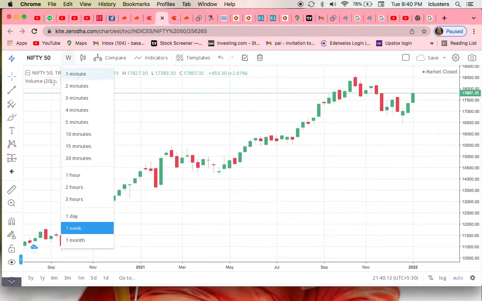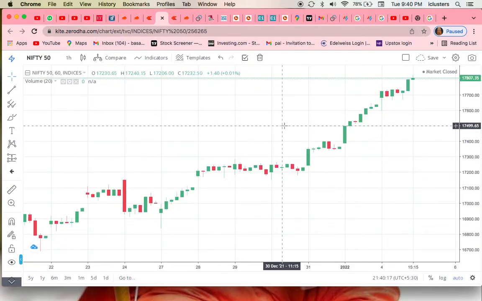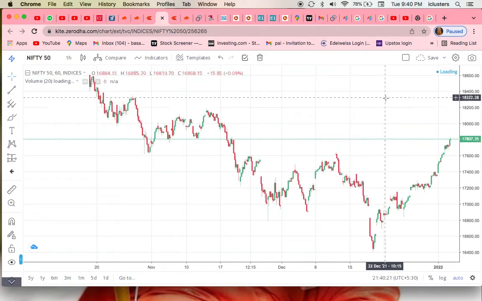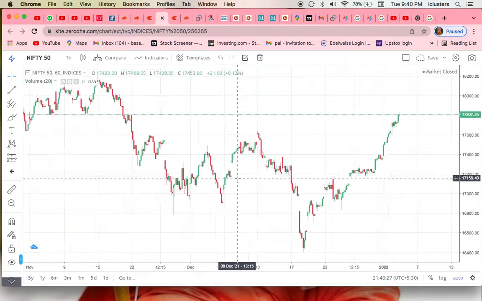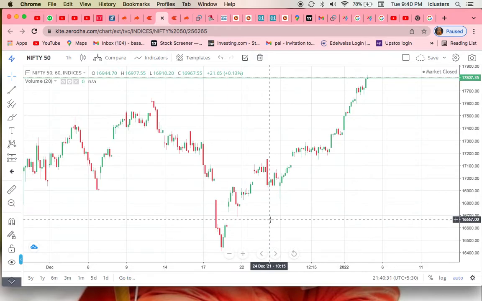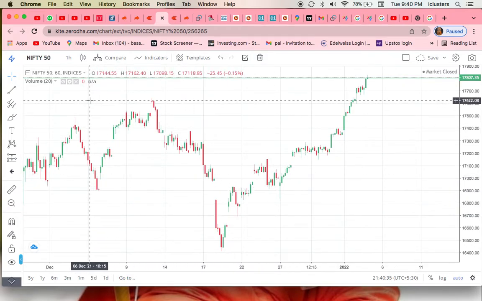go to this one. Intraday traders just watch the 1 day or 1 hour, 5 minute or 15 minute time frames. These time frames are very comfortable for intraday traders to analyze, because we don't want to see weekly or monthly charts. We just want to see the 1 hour chart, 15 minute chart, 5 minute chart. And if you are placing an order, you want to see the 1 minute chart.